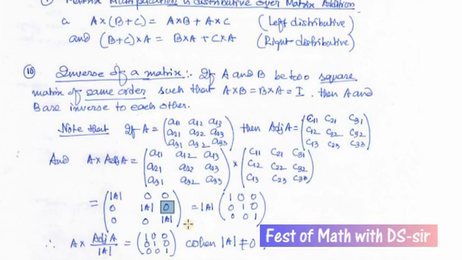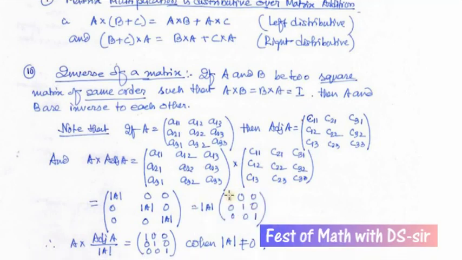Now recall the multiplication of a matrix by a scalar. All elements are multiplied. That's why we can write it as det A into the identity matrix, because det A is a scalar or a number: 1 0 0, 0 1 0, 0 0 1. If you multiply this matrix by det A, we get det A 0 0, 0 det A 0, and so on, that is this. This is called a scalar multiple.